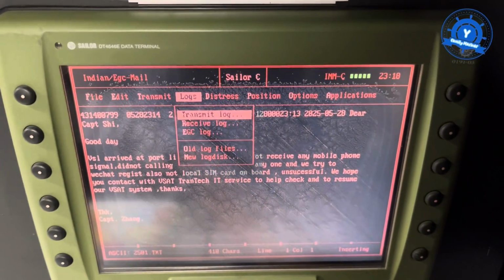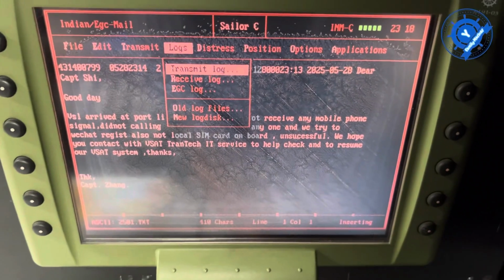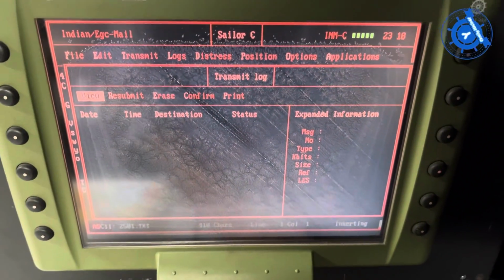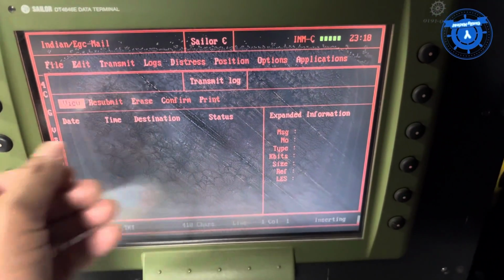This log has the transmit log, receive log, and etc log. So you can see the transmit log under this, where your transmit log can be displayed on your monitor.